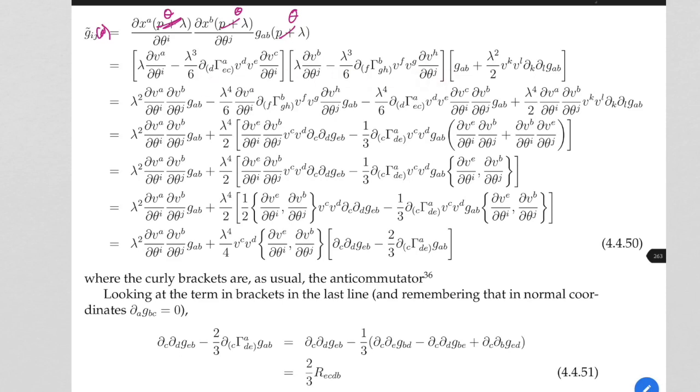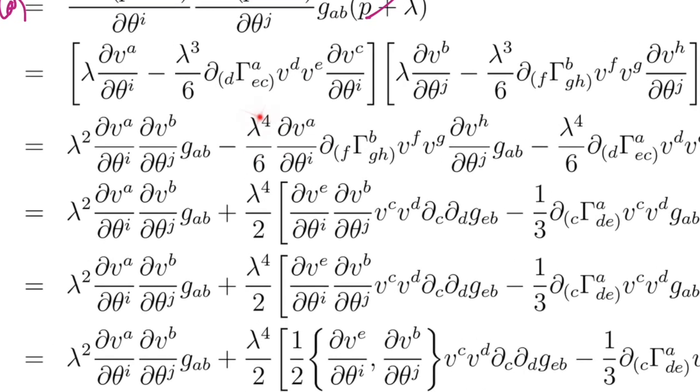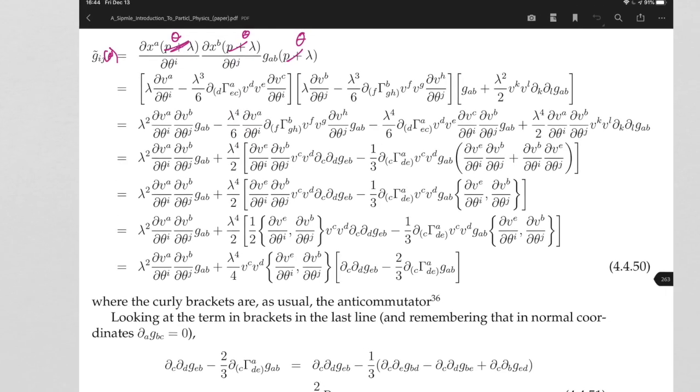So what's the next step that they do? Well, the next step is sort of the obvious thing. You're going to multiply. There are two terms here, two terms here, two terms here. So there should be a total of, when you multiply this all out, 8 terms. They only have 1, 2, 3, 4 terms, and that's because they only keep things up to 4th order in lambda. They let the fifth and